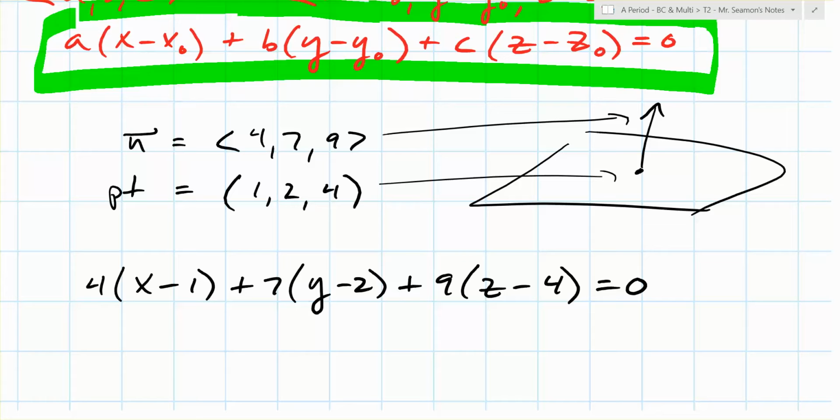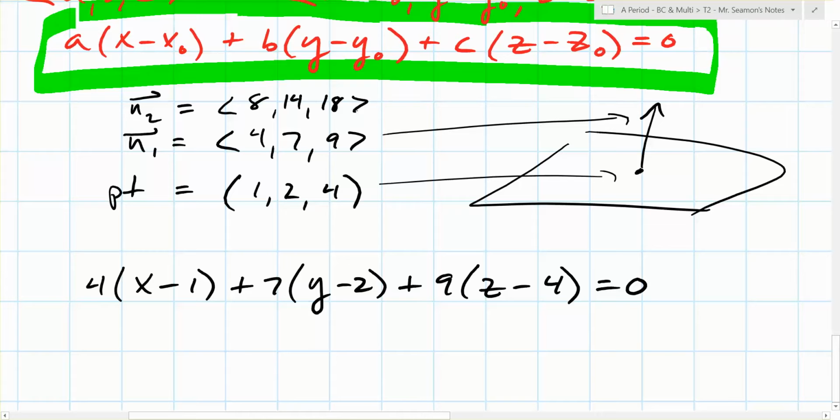You might think that's super general. Couldn't you pick a different perpendicular vector? Well, sure. Let's call this one n1. What's another vector that's parallel to this one? Can someone give me another vector that's parallel to this one? Would like (8, 14, 18). Exactly, (8, 14, 18). Now, if I use that normal vector instead,